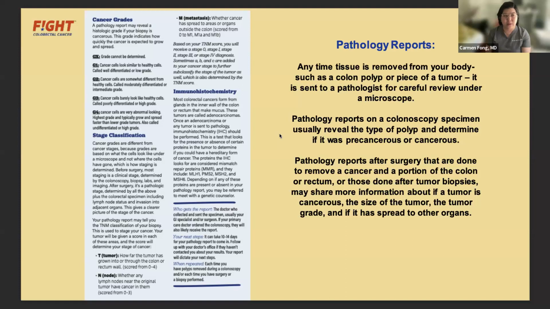Once the tumor is out and I send it to pathology, if any of the lymph nodes are positive, it becomes upgraded to a stage 3. And then distant metastases, as you all know by now, are stage 4. But the lymph node status is really what determines whether or not you need chemotherapy afterwards. And I think Dr. Goldberg is going to go into this in a lot more depth.